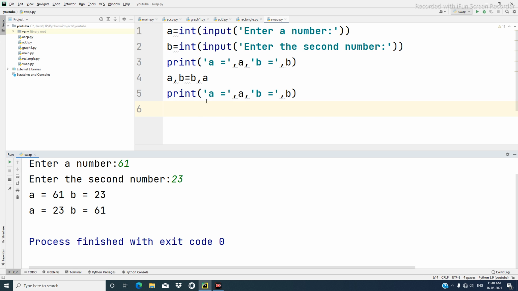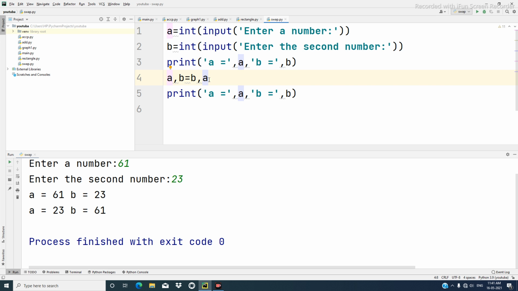So the values have been exchanged with the help of this statement, and this kind of statement is only possible in Python programming language. Remember, in other languages like C, C++ or Java, you will not get this facility. But because Python is a very versatile language, it has given many other opportunities which other languages have not given.